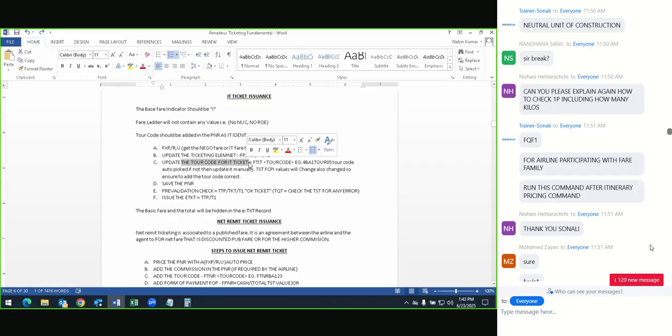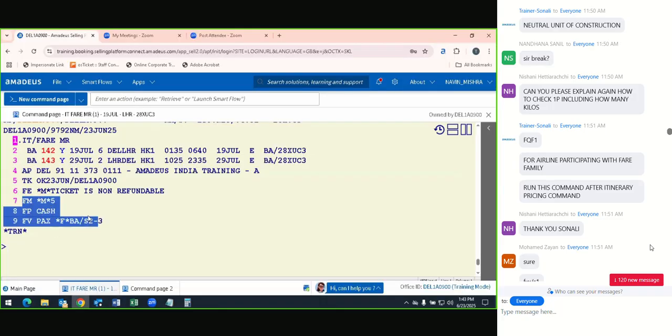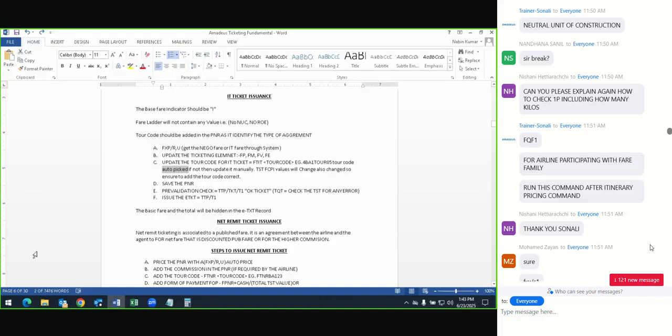Now, why is the tour code mandatory? Because the tour code will identify the type of agreement. And the tour code will automatically get picked up. So if you see, do you see the tour code is added here in the line? No tour code added. Okay, if the tour code is added, it shows a separate line. So if there is no tour code added, we will add it